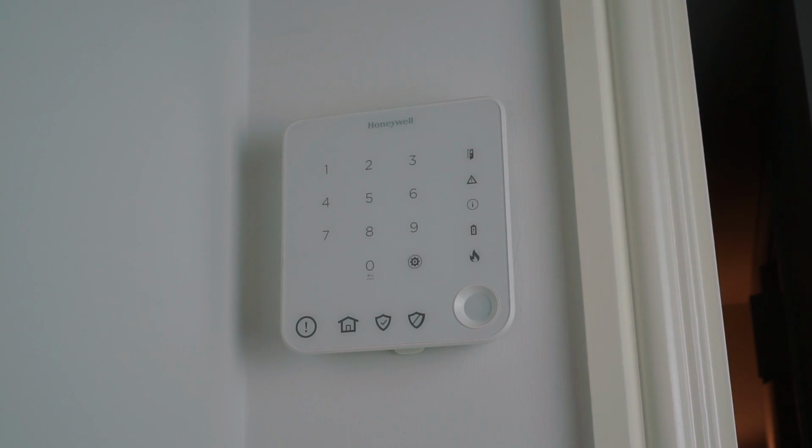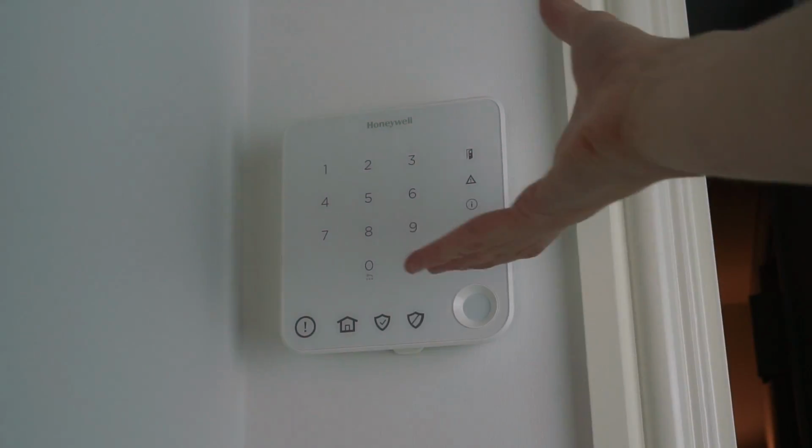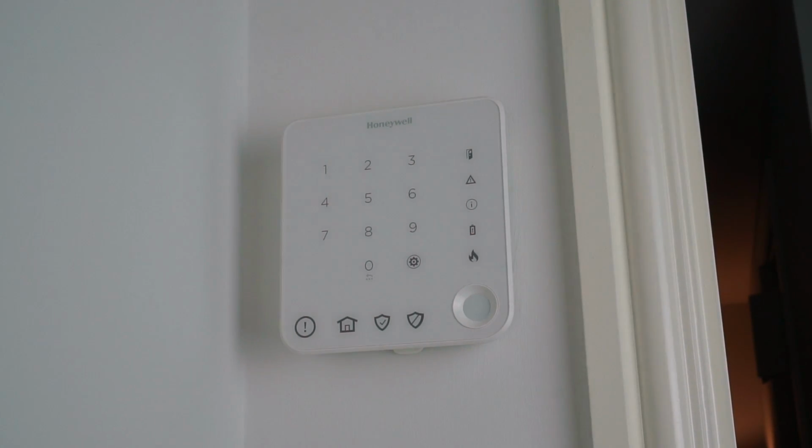It has a tamper protection function, which makes sense. If you pull this off the wall or pull any sensor off the wall, the whole system will go off, even if the system's disarmed. That's a really elegant system, so if someone's fiddling with it, it will go off. And you can put the system into service mode and then you can actually start taking things apart, so that's really good. However, I found weirdly, if I'm in the service menu and then I exit the service menu, sometimes